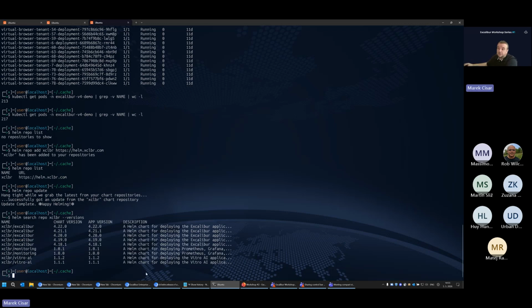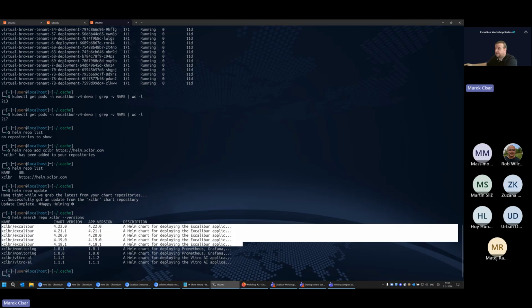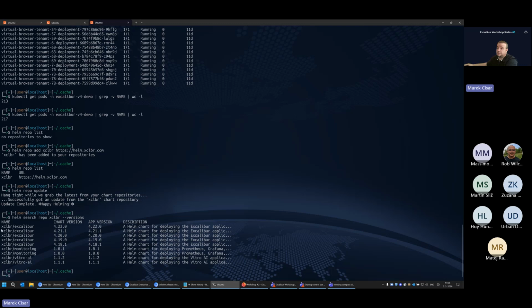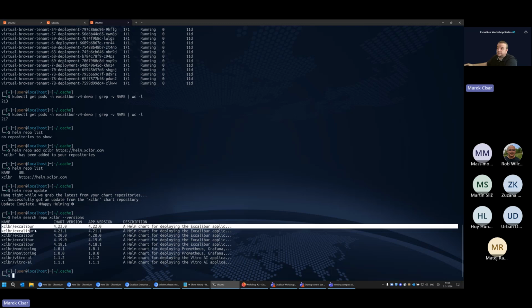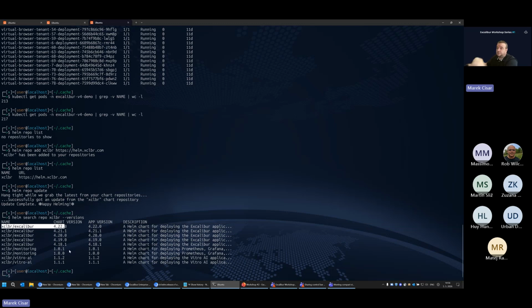As you can see, within the Excalibur repository, there is a chart called Excalibur, and these versions are available within that repository. So if you want to install Excalibur 4.21.1, you can do so. And if you want to install the latest one, again, you can do so if needed.